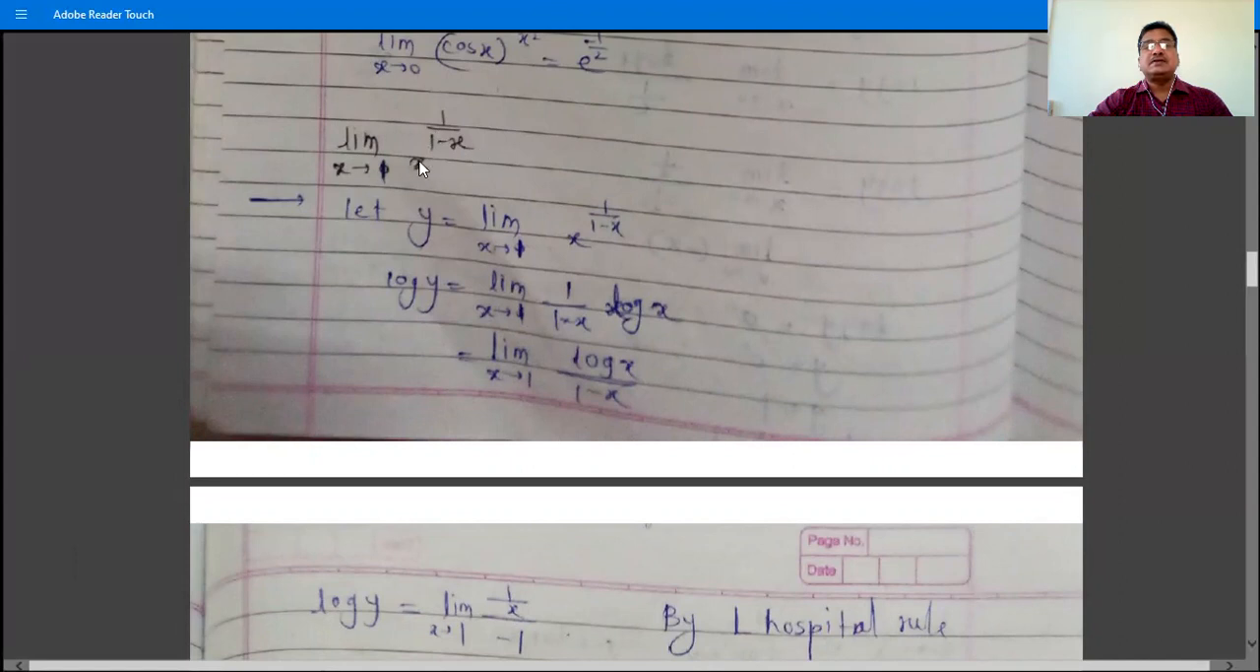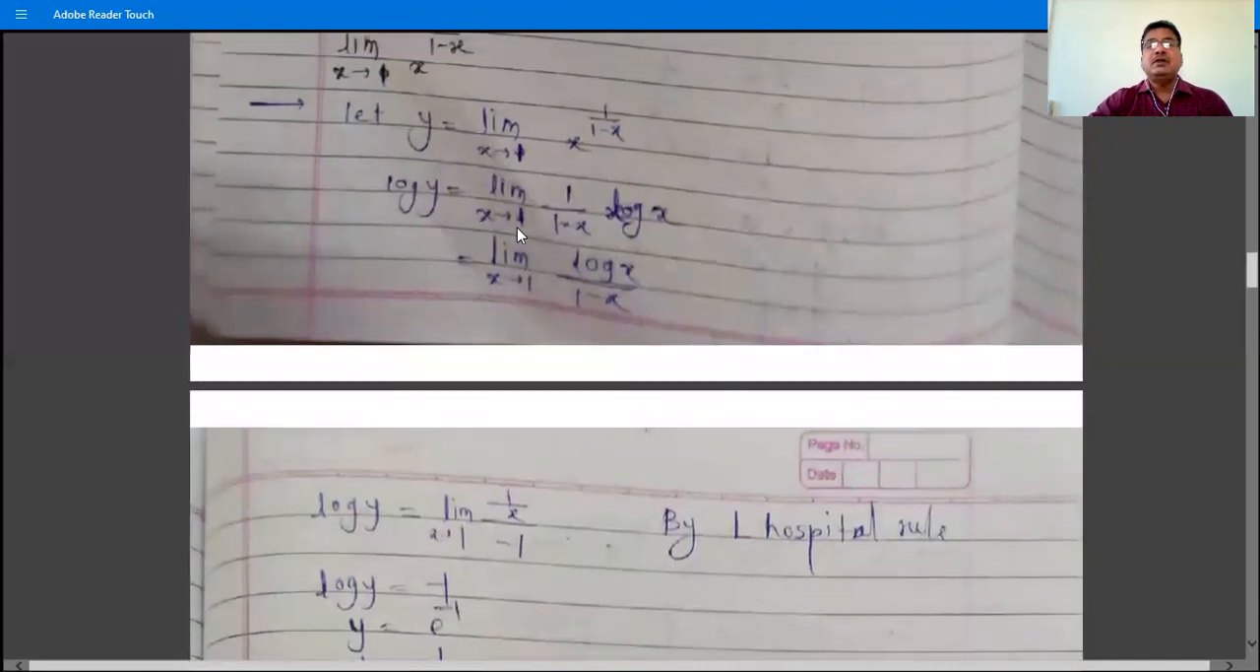If we substitute x as 1, then we have 1 raised to 1 by 0, means infinity. 1 raised to infinity is an indeterminate form. So denote this by y. Y is limit x tends to 1, x raised to 1 by 1 minus x. And it's again the problem of the type f(x) raised to g(x). So taking log of both sides,